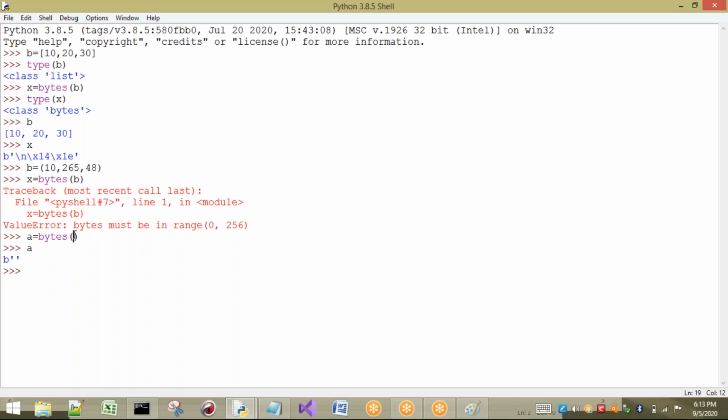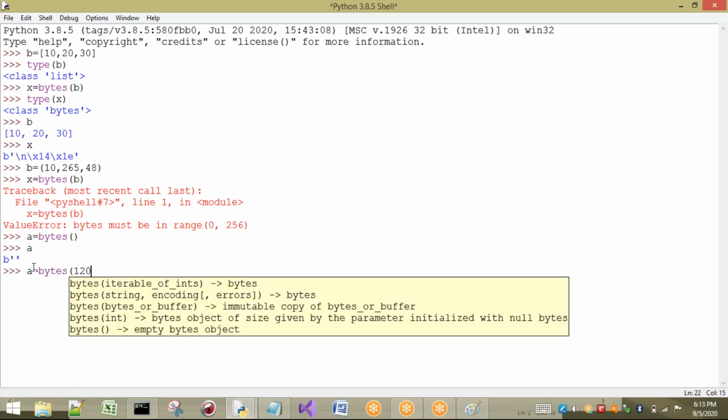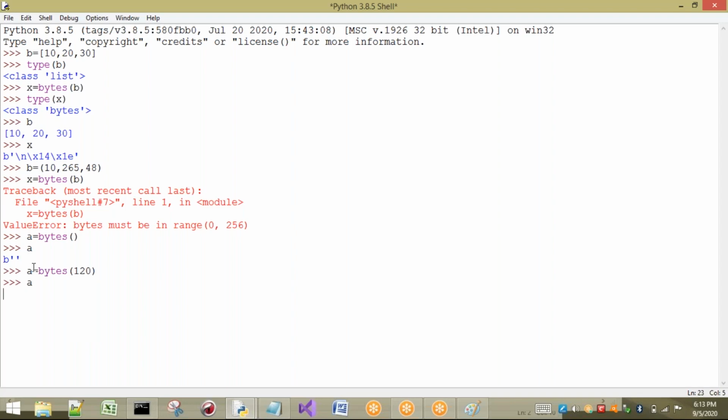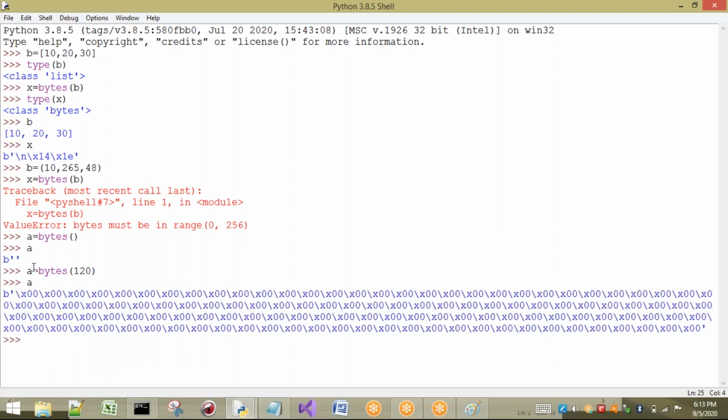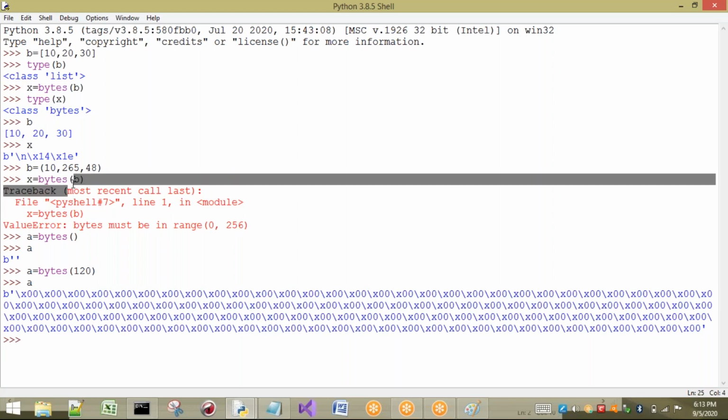Here I am not giving anything, so it prints as empty. Next, if I give only a single value, for example 120, and print this, 120 empty values are printed. So nothing is there in that 120. In the bytes method, I have to pass some values.